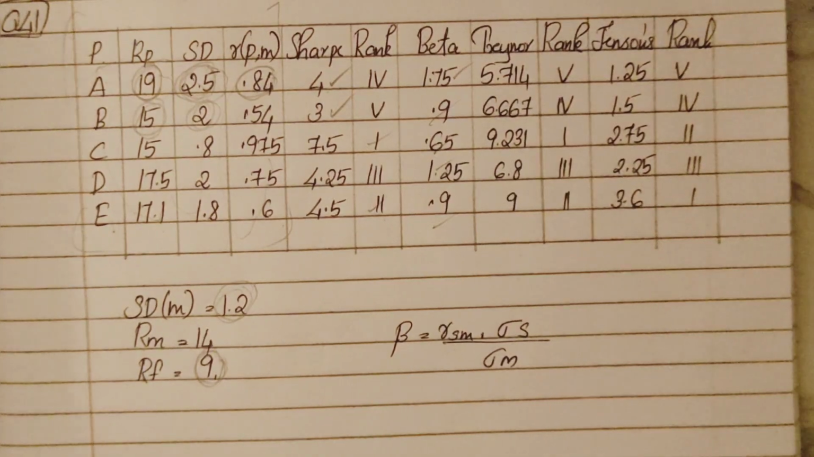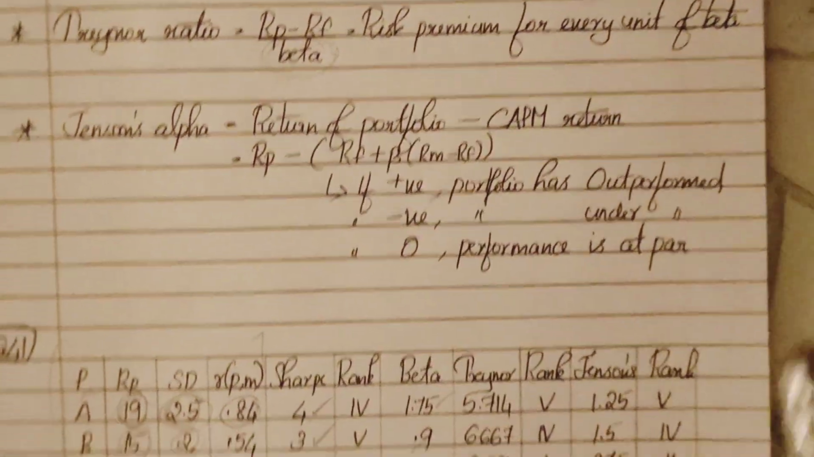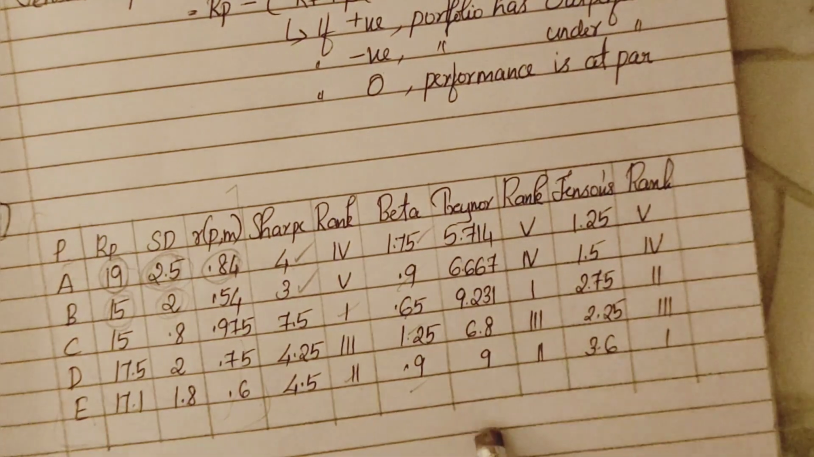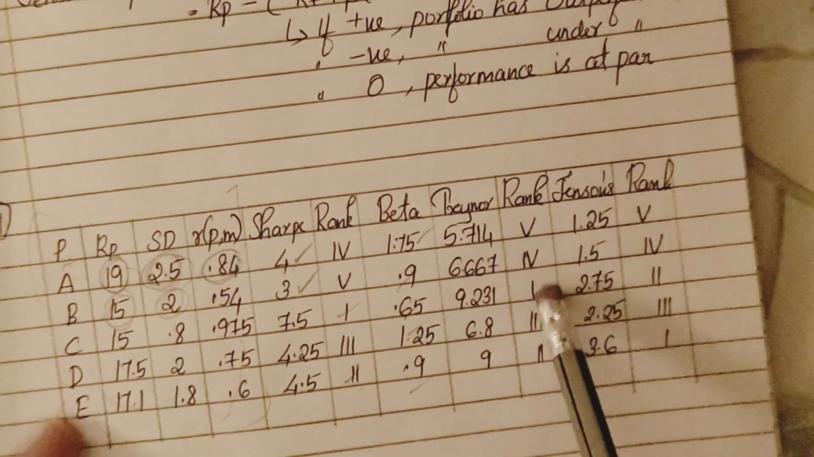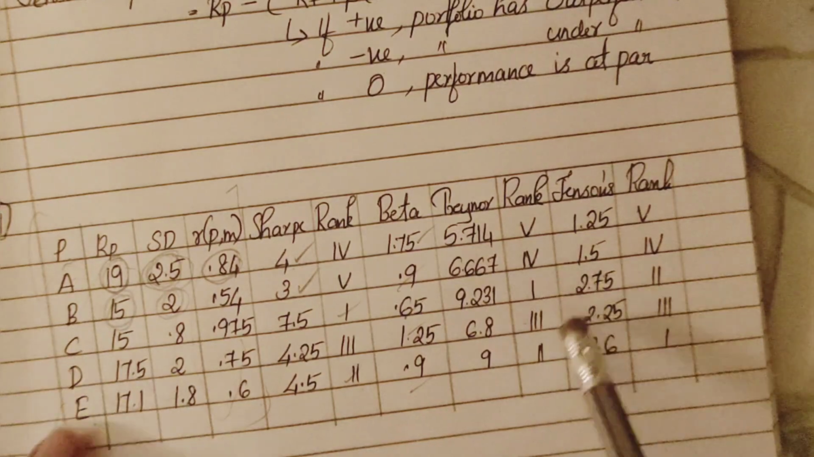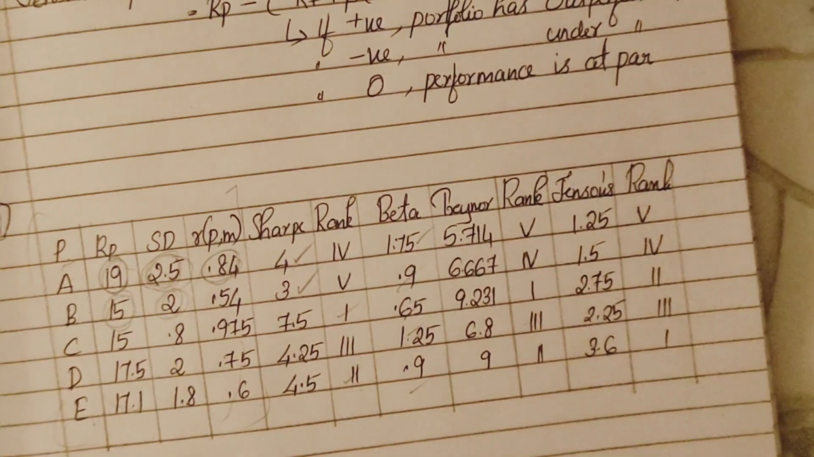Then Treynor's formula substitute ചെയ്യാം. Numerator same ആണ് RP minus RF divided by beta ചെയ്യുമ്പോൾ you will get these. Then highest return is generated by portfolio C. So we will give rank number 1 to portfolio C. Then E, D, B and A. The next one